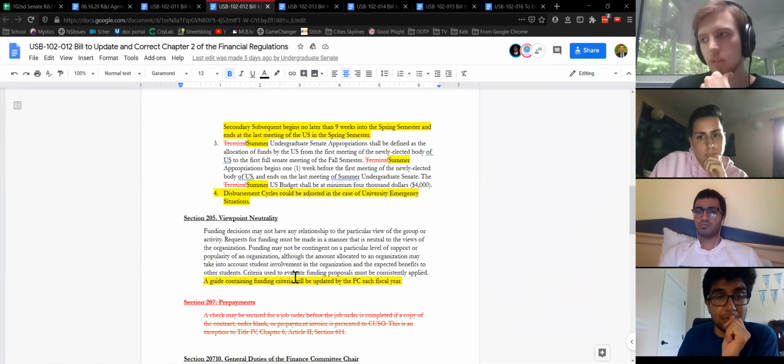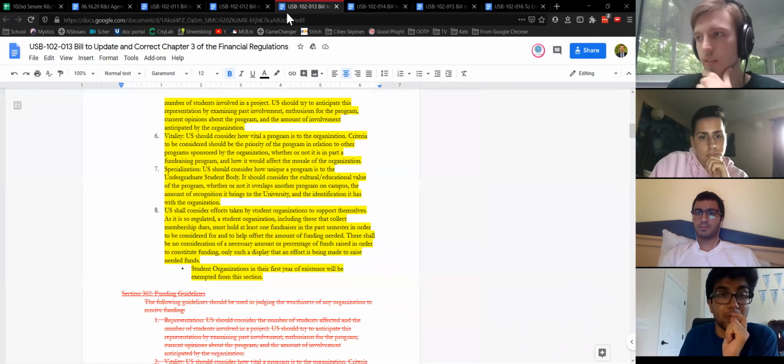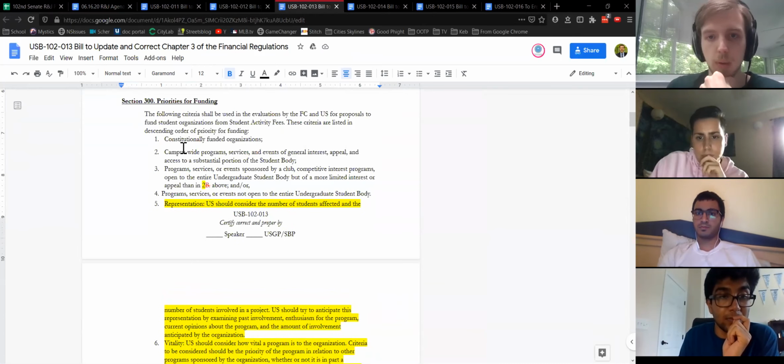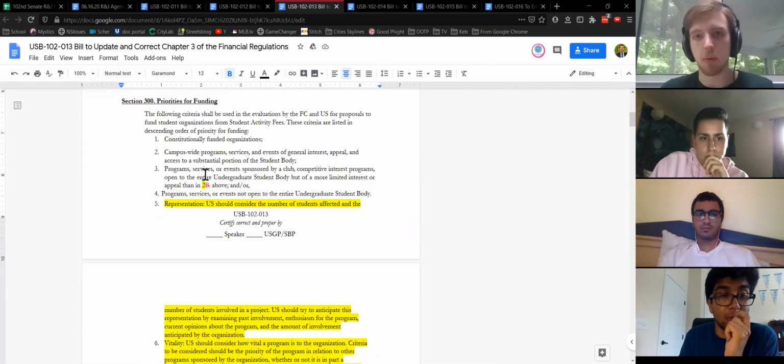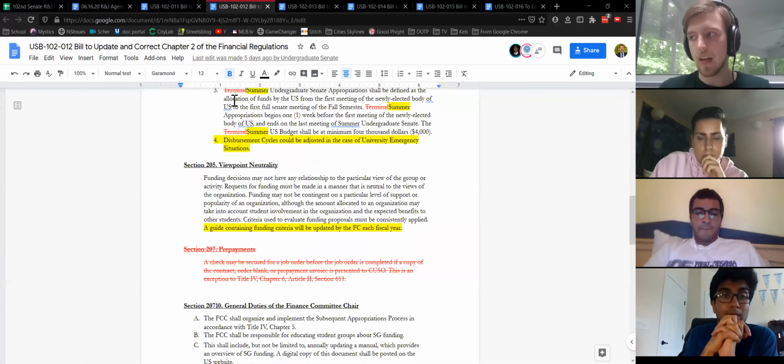Okay, so for this guide, training funding criteria, in chapter 3, there are these various priorities for funding. And my question was whether it was supposed to just be a guide that restates these in a way that's more accessible to students, or whether it was supposed to be adding on to that, or